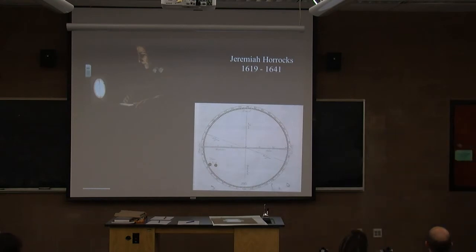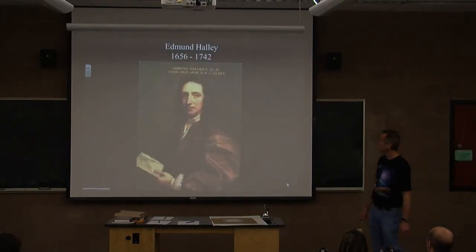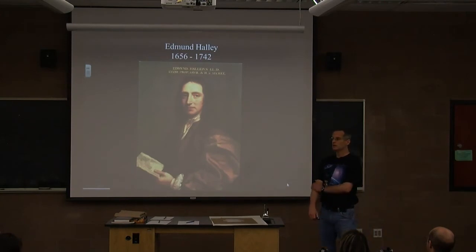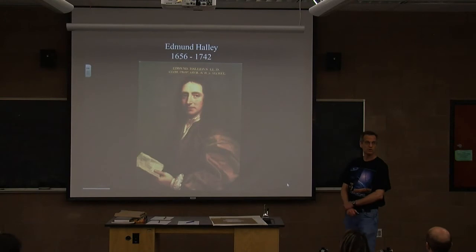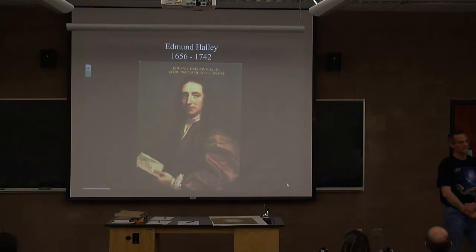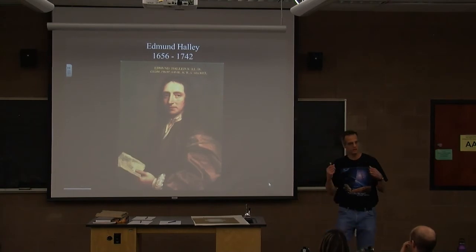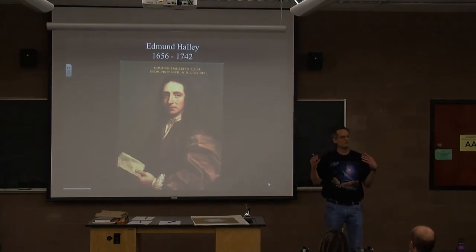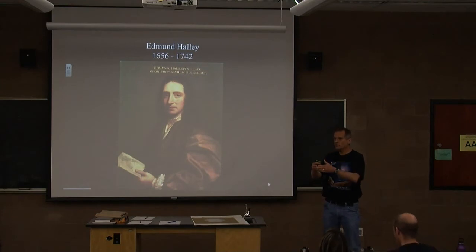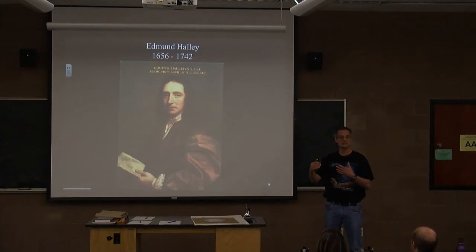So the next step in our history is going to be, we're going to jump ahead to Edmund Halley of Halley's Comet. Halley observed a transit of Mercury in 1677. And he realized that if we could make observations of these transits at places spread all over the globe, then astronomers could take that data and do something roughly like parallax measurements and figure out how far the sun is away. In other words, through the data of these observations, they could get an absolute measurement of the size of the solar system. Because even then, they didn't know how big the solar system really was.